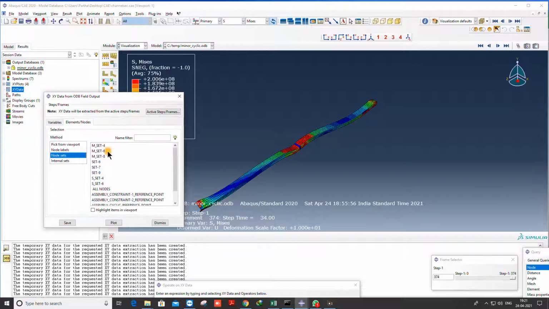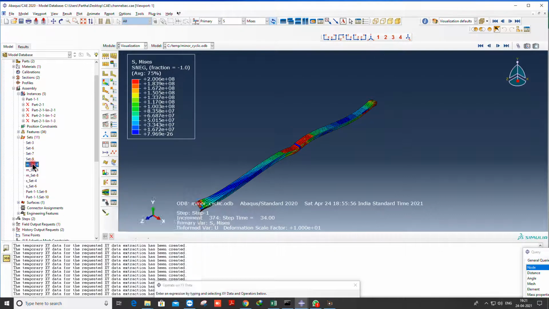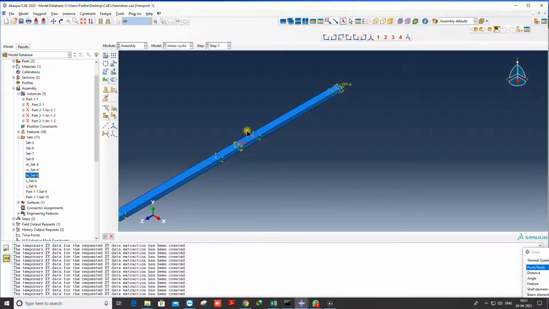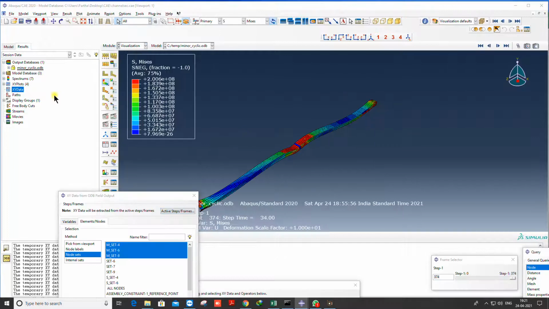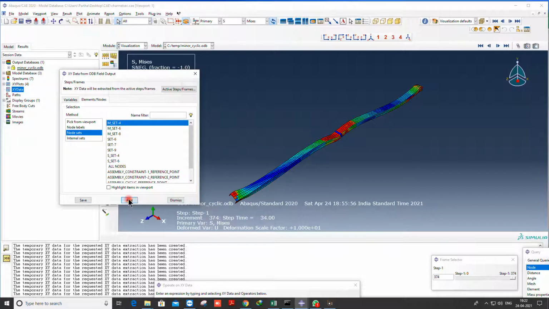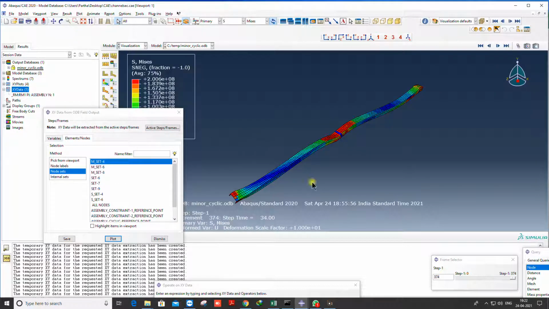So these are the node sets, the reference point node sets. You can cross-check it from here. MSET4 is the reference point of the left support, MSET6 is the reference point of the right support, and MSET8 is the reference point at the middle. So I'll get the reaction force at this reference point only. So I'll go to visualization. This I have already got. Now, as I have said, MSET4 you will not get because you have not blocked UR2 on the left support. MSET4 is for the left support. You will get MSET6.